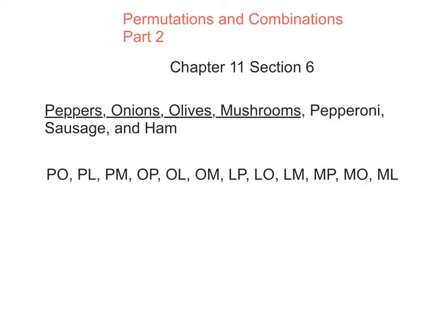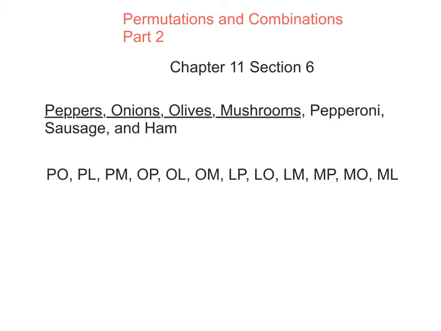It doesn't matter who says which vegetable first. The fact is that both vegetables will appear on the pizza. So because order does not matter, a mushroom and onion pizza is the same as an onion and mushroom pizza, and some of these things are repeating. So we need to get rid of the ones that are repeating.